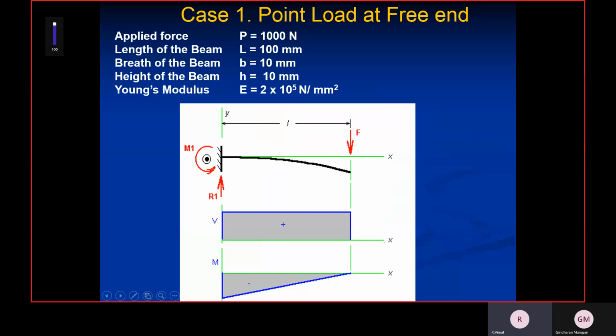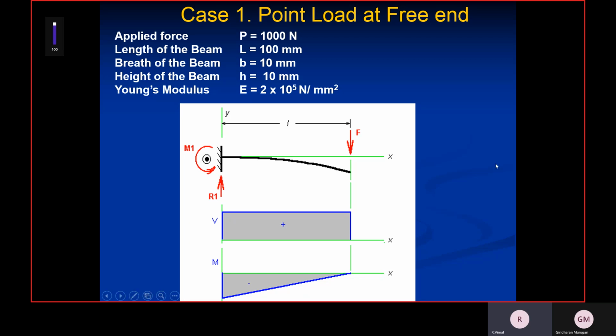Very good afternoon, students. So today we are going to discuss the cantilever beam. In the previous class, we discussed the simply supported beam. I hope most of you would have done that. So in today's class, we'll see how to define a cantilever beam in ANSYS, and then we will see how to apply load, give the geometry, and then solve the problem.